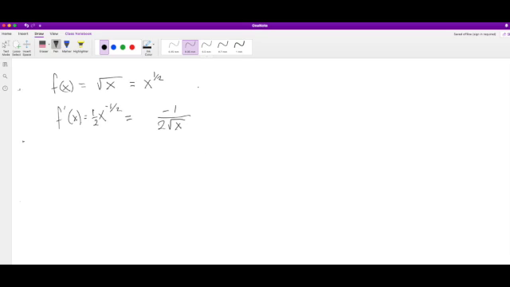And that is how we do almost all of these. We look for how we can rewrite this using an exponent. And that works for all roots and all polynomials. So let's just say, I'll give you another example, and we'll use g here. Let's say that g was the 3rd root of x. Well, that means that g prime